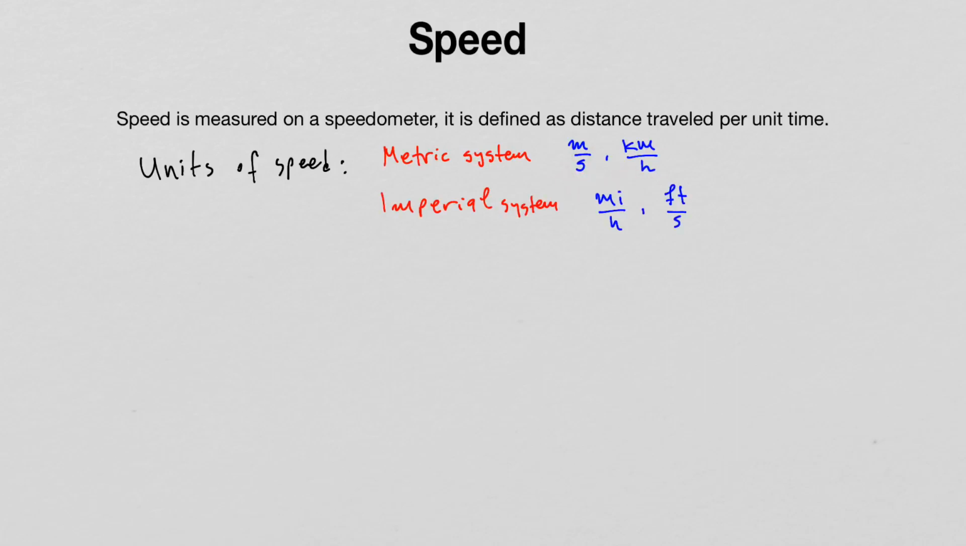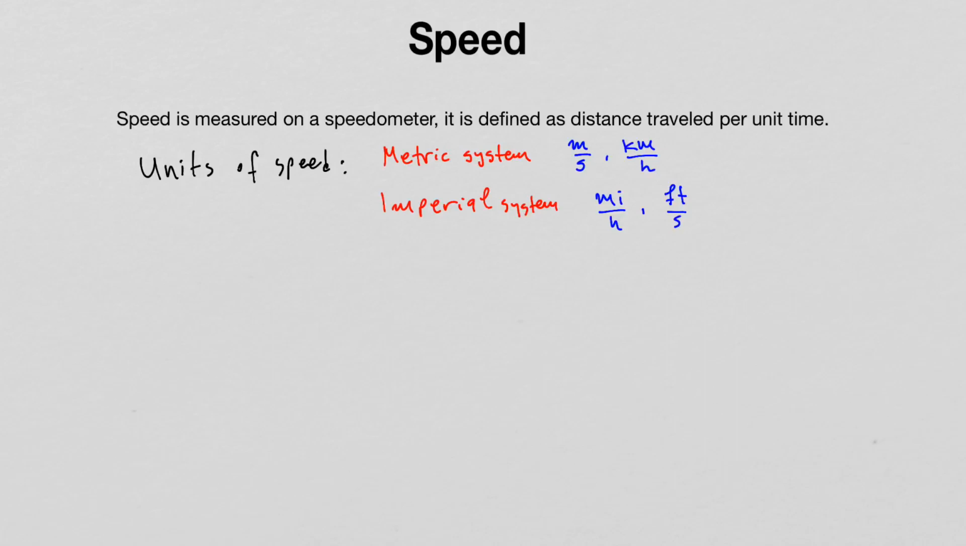The first quantity that we will discuss is speed. Speed is measured on a speedometer, and it is simply defined as the distance traveled per unit time. Speed is measured in different units depending on the measurement system. For example, in the metric system, the most common units for measuring speed are meters per second or kilometers per hour, while in the imperial system, we have miles per hour or feet per second as the most common units